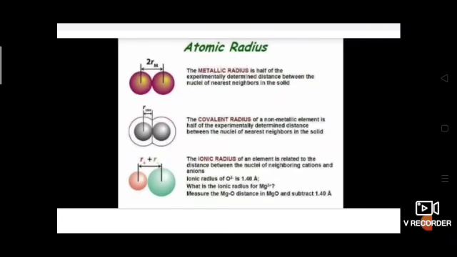So another one for the radius, that is van der Waals radius. So noble gases do not have molecules, correct? So covalent radius, ionic radius, these all formed due to combining of two atoms. So noble gases do not have molecules. So it is not possible to measure covalent or ionic radius. So their atoms are held together by weak van der Waals forces of attraction. The van der Waals radius is half of the distance between the center of the nuclei of atoms of noble gases held by weak van der Waals forces of attraction.